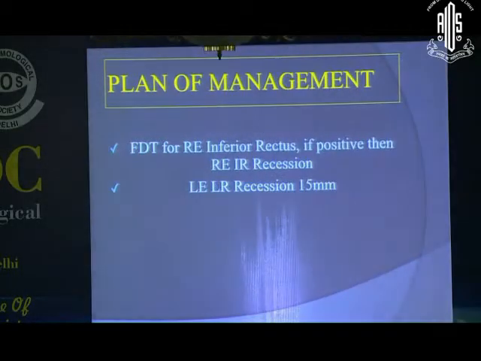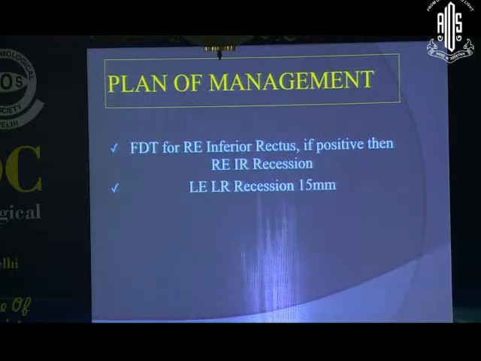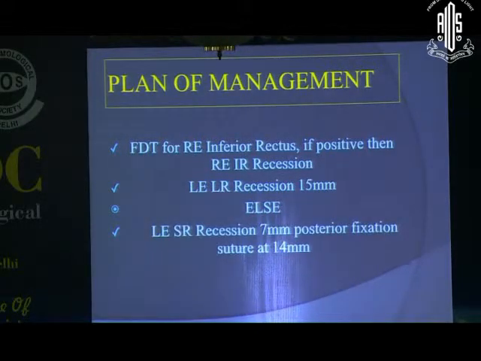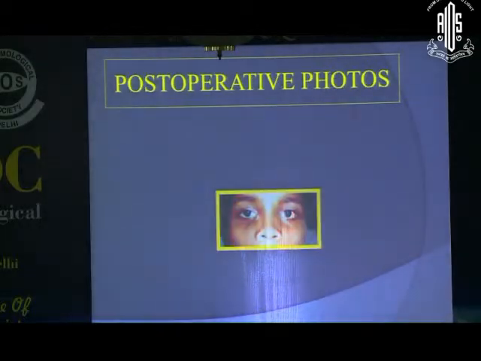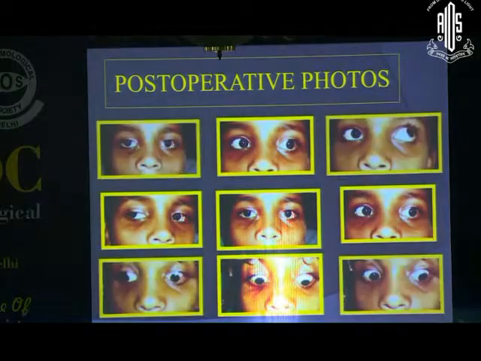Along with that, we do a lateral rectus recession of 15 mm of the other eye, which is the normal eye. The reason is that in adduction there is improvement in ptosis. So we do a fixation duress surgery of the contralateral, normal eye, so as to take advantage of the misinnervation. Since in this case the FDT was free, we went ahead with the complete surgery of the left eye, which was normal. We recessed the left eye lateral rectus along with a Faden posterior fixation at 14 mm. Adding a Faden to the left superior rectus was to convert the incompetent squint into a competent squint. These are the post-operative comparison photographs.